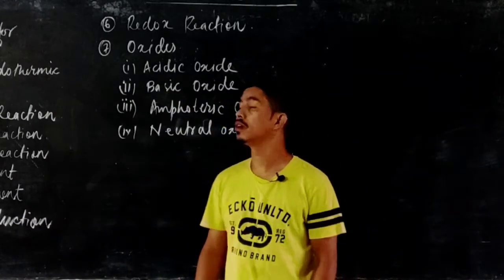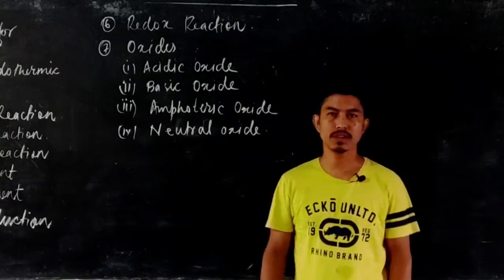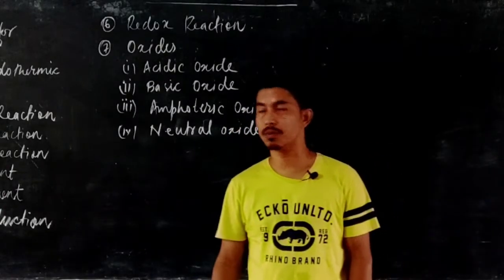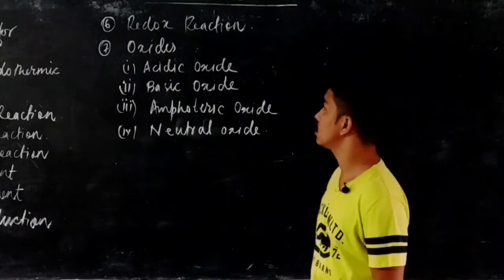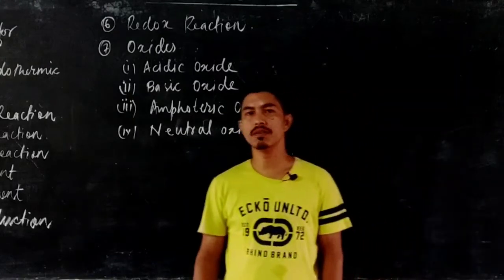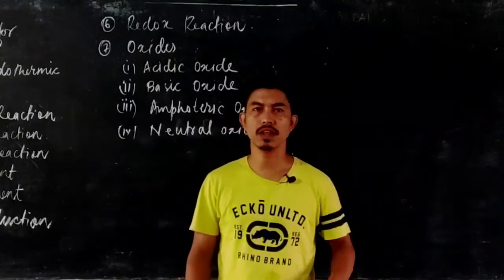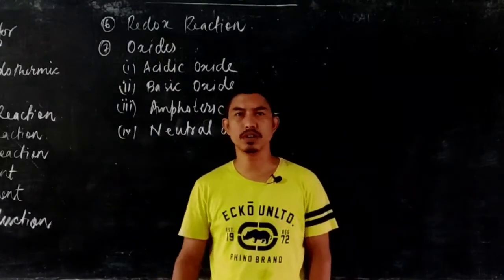So today we will be going through the chapter, the chemical reaction, which is the 6th chapter in a chemistry textbook. We have already learned about it in class 7 and class 6 as well. In our day-to-day life, we see many kinds of changes; some changes are permanent in nature and some are temporary in nature.